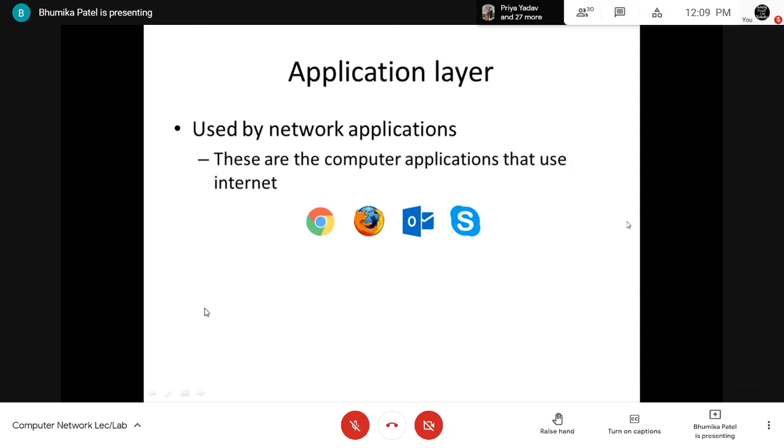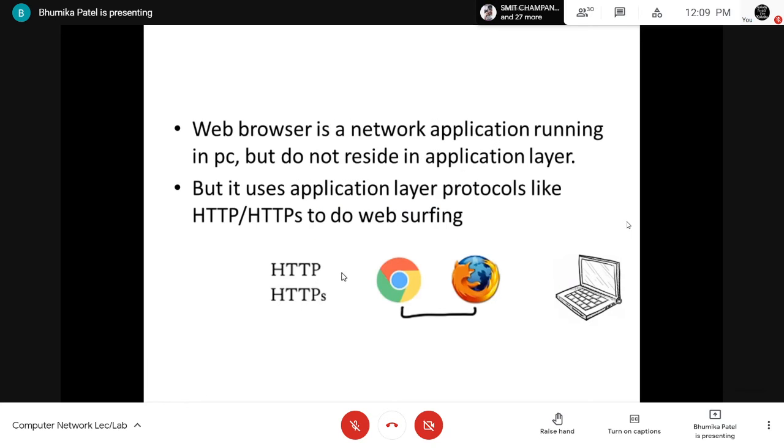Examples of network applications are Google Chrome, Firefox, Outlook, Skype, etc. Any web browser you are using, Firefox, Google Chrome or Internet Explorer, is a network application running on our PC. It does not reside in the application layer, but it uses the protocols of the application layer.